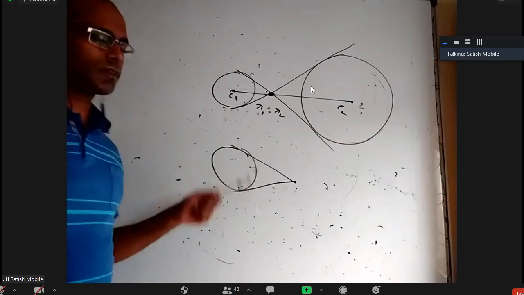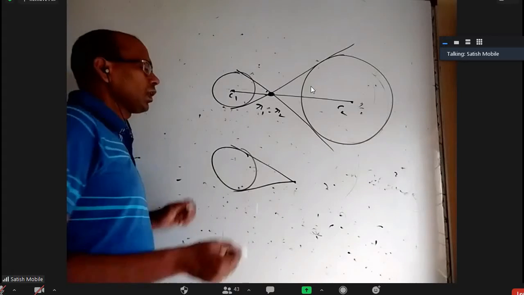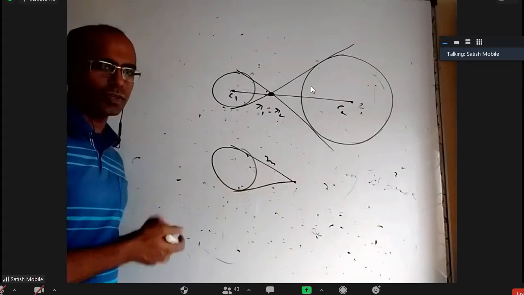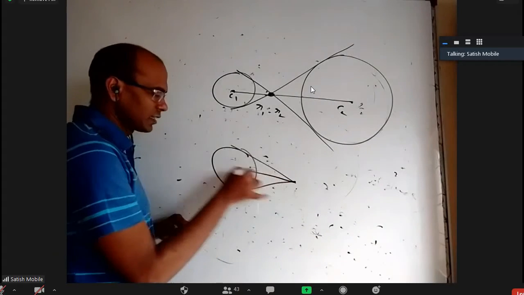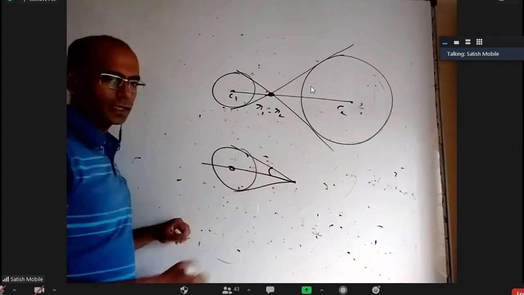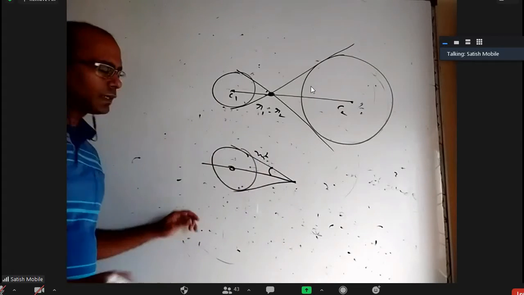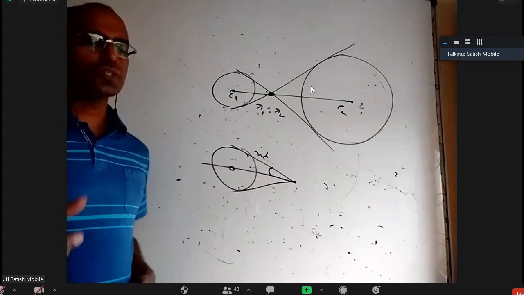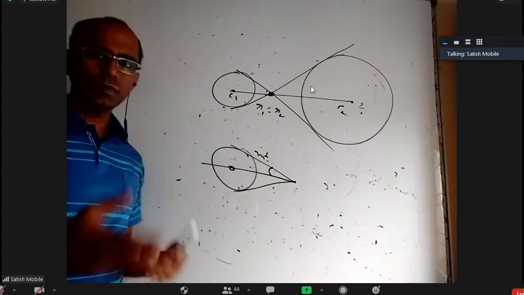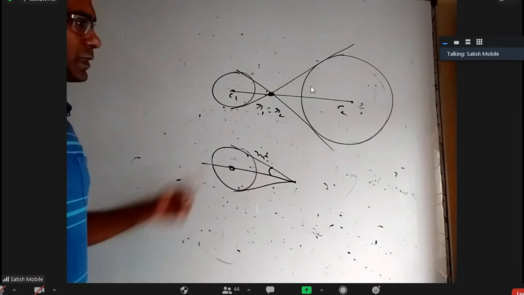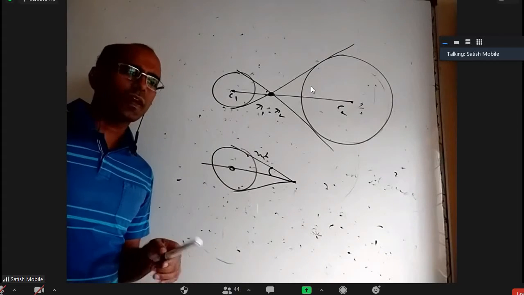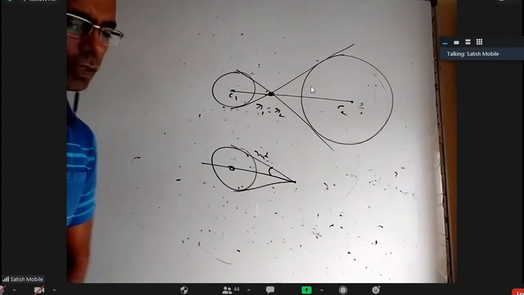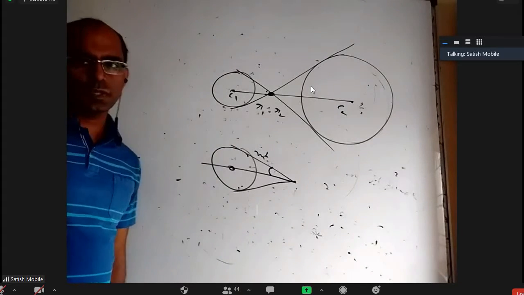You can use the combined equation S1 square equal to S into S11, or you can assume the slope is m, find the equation and apply perpendicular distance equal to radius, or you can find the slope to the center, assume the slope is m dash, and use the formula between two lines, tan theta equal to mod of m1 minus m2 by 1 plus m1 m2. Use that, we'll get this slope and this slope, any one of these methods. Especially in IP, in the last exercise, finding common tangents of two circles is a very important 7 marks question, which may be quite lengthy, but you have to do all this work.